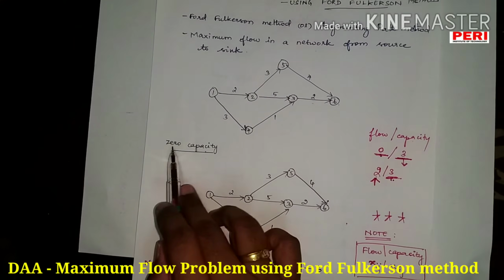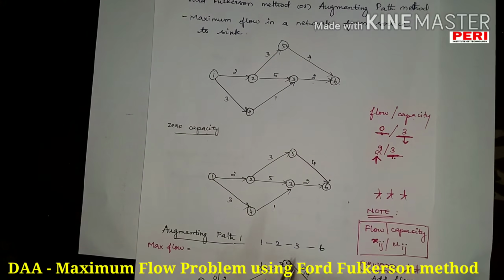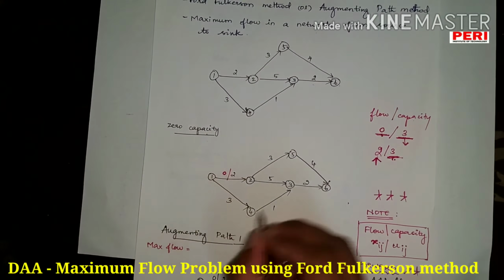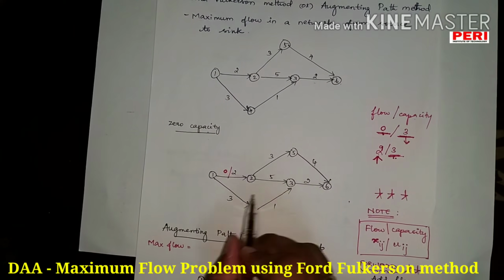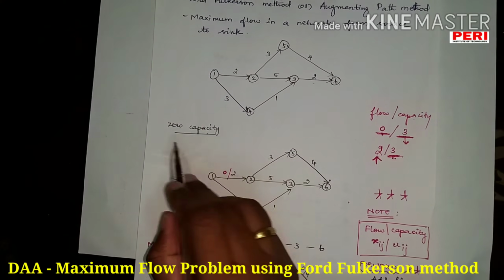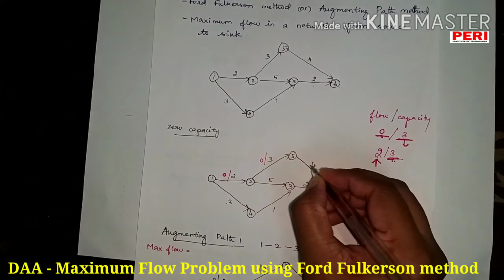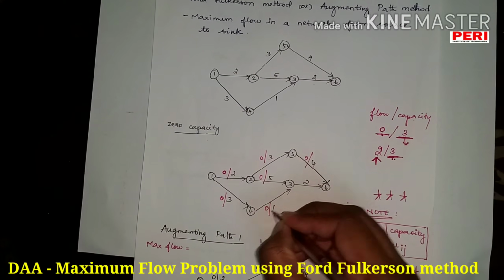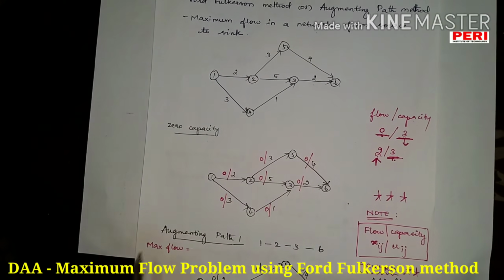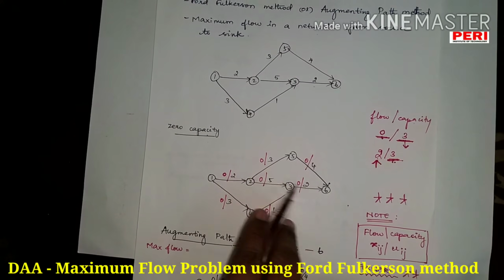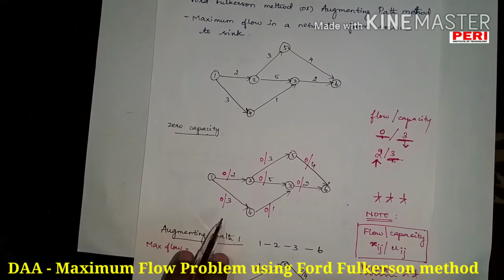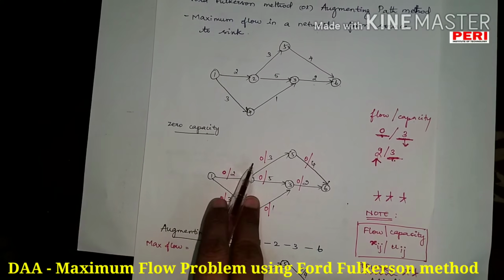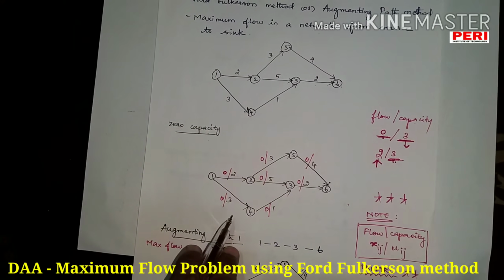So here, a zero capacity graph is nothing but a graph with flow 0, which means nothing has flowed over the network. You just specify it as 0 / capacity. That is my zero capacity graph. Just add a 0 to the capacity. So 2, 3, 4, 2, 5, 1 and 3 are the maximum capacities over those edges. I am just adding 0 in front, and this graph now becomes a zero capacity graph.